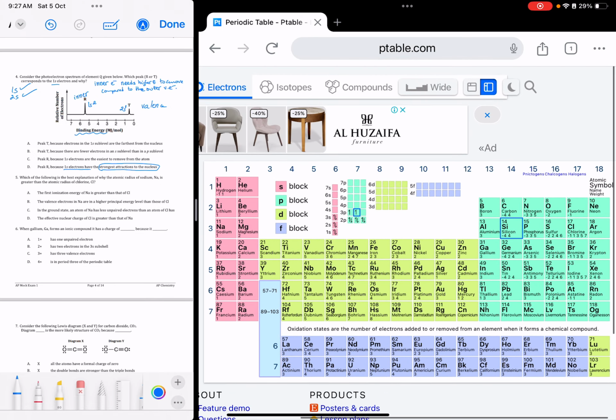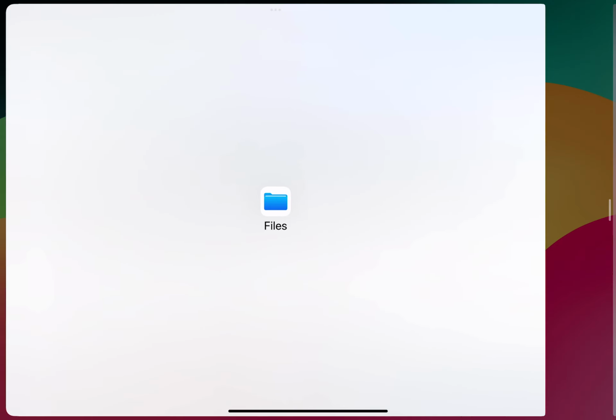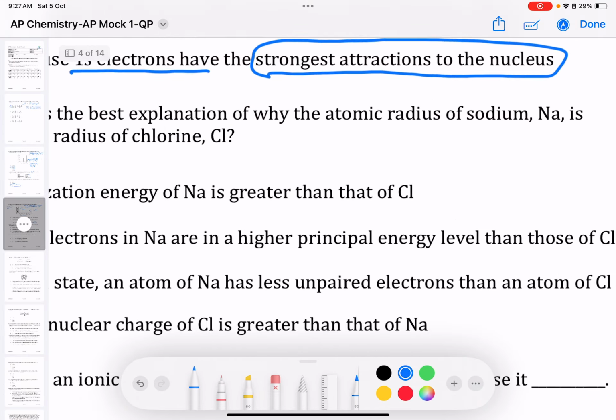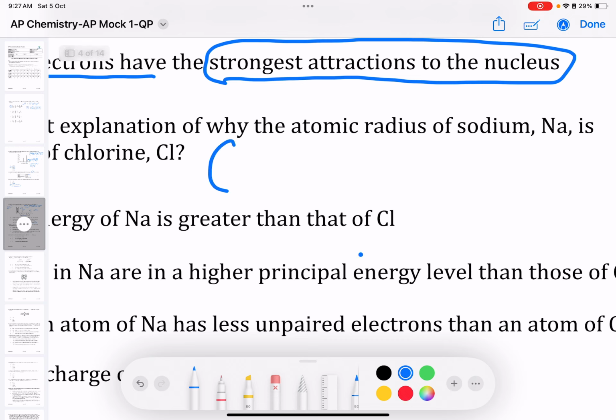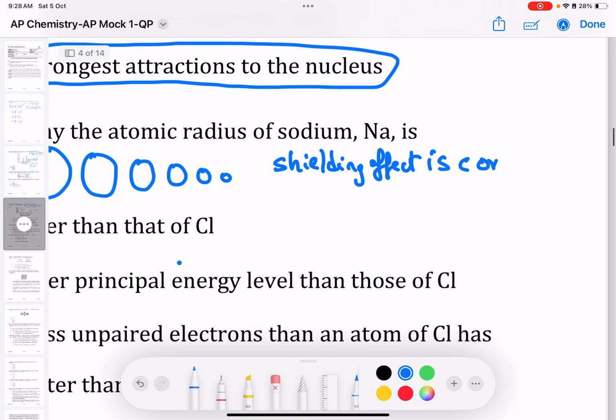It gets smaller simply because, as I'm going throughout the period, the number of inner electrons, the shielding effect, is constant, because the electrons are the same in energy levels 1 and 2. Those are the inner electrons. So the shielding effect is constant,